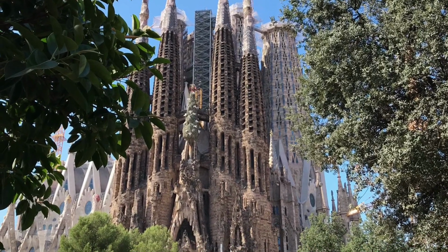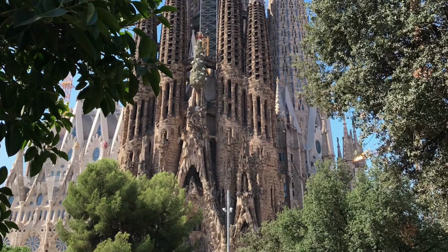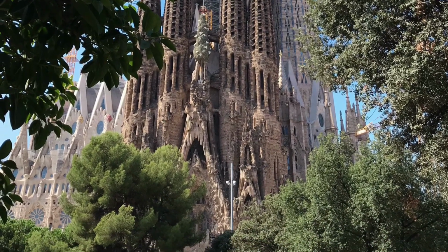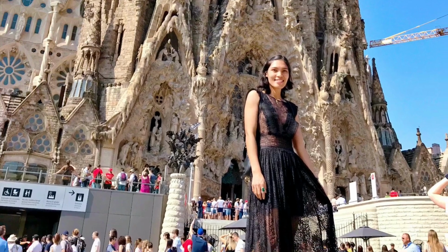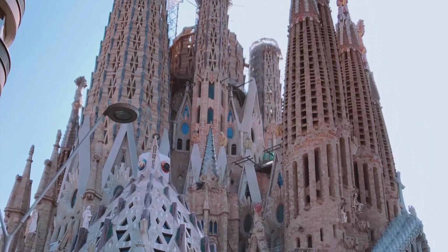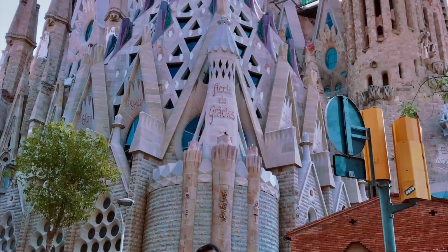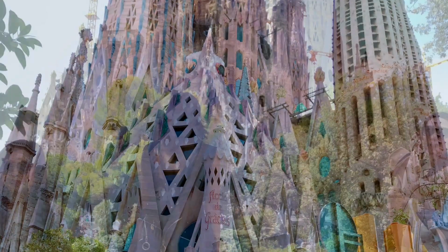faith. The 18 towers are dedicated to important biblical figures, and this is reflected in their size. 12 of them represent the apostles, 4 the evangelists, 1 the Virgin Mary, and the highest of them all represents Jesus Christ, which will be topped by a cross reaching a height of 172 meters. When it has been completed, the Sagrada Familia will be the highest building in Barcelona and the highest church in